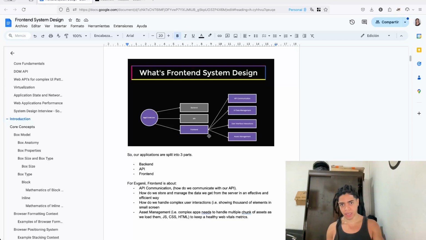So the API connections: how do we communicate to this server or to the API specifically, as well as the UI or user data management? How are we going to store the data? How are we going to manage the data in an effective and efficient way? And also we add the user interface